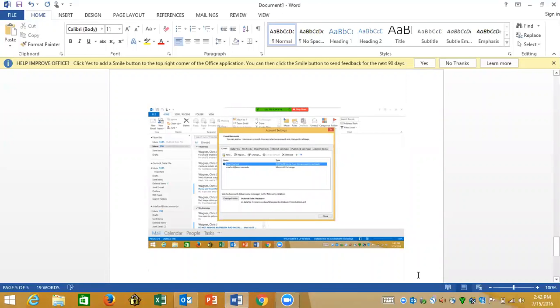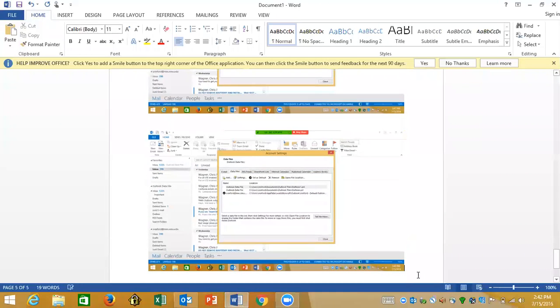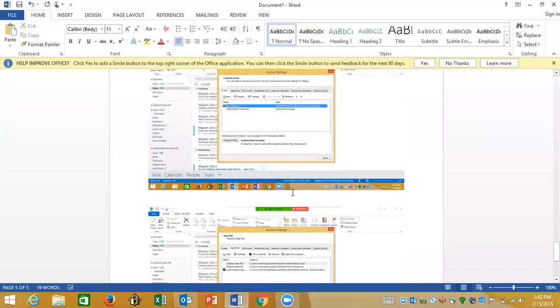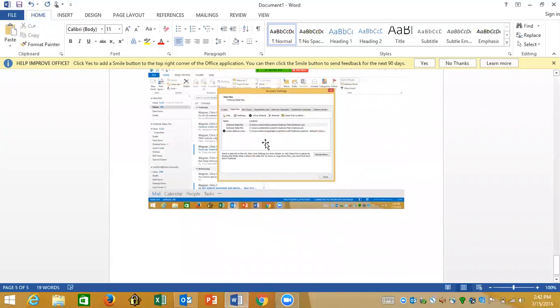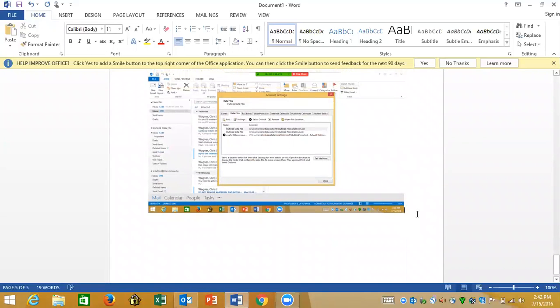And then you're going to go back into your Word doc and Control-V to paste it. And you'll have this screenshot as well. So now you have a screenshot of both your email account that you're using, the POP account, and then you'll have Outlook data files in a separate screenshot, which is perfectly good. And then you're going to want to press Enter to add a blank line after this image. And if you notice that you have more than one POP account listed, you're going to want to repeat the previous steps,